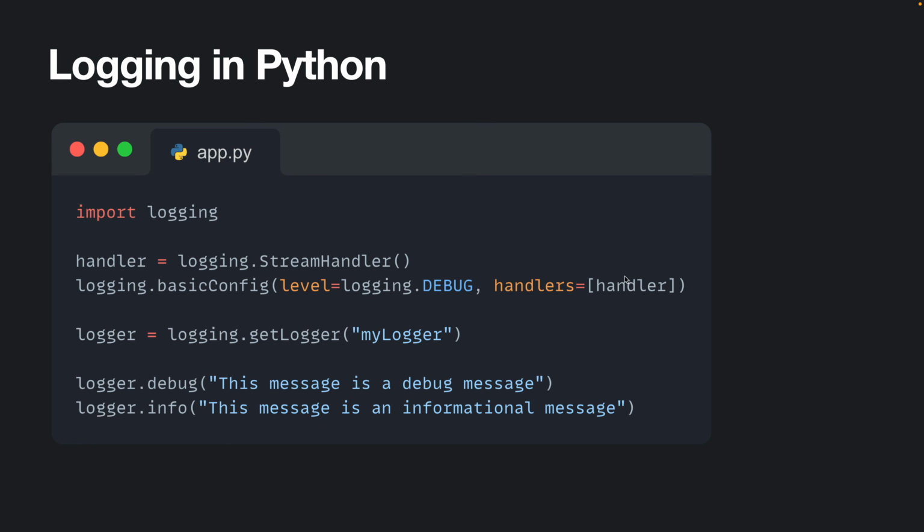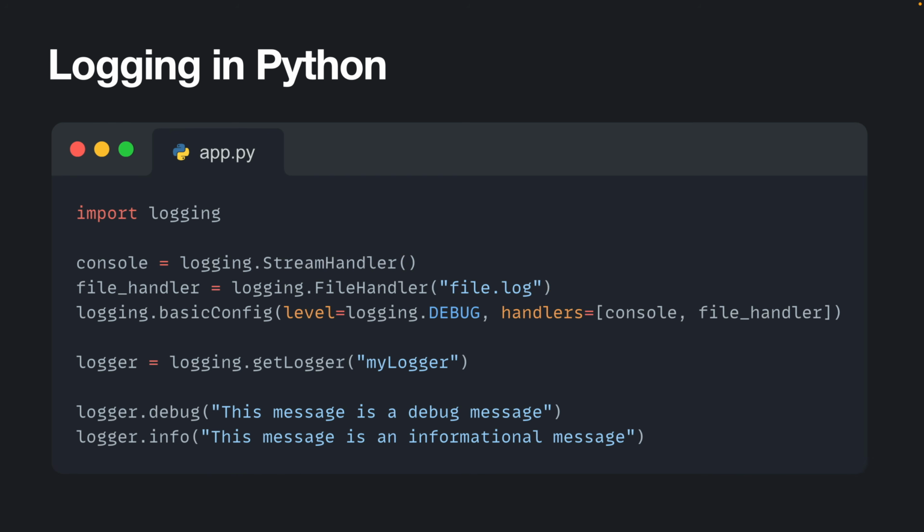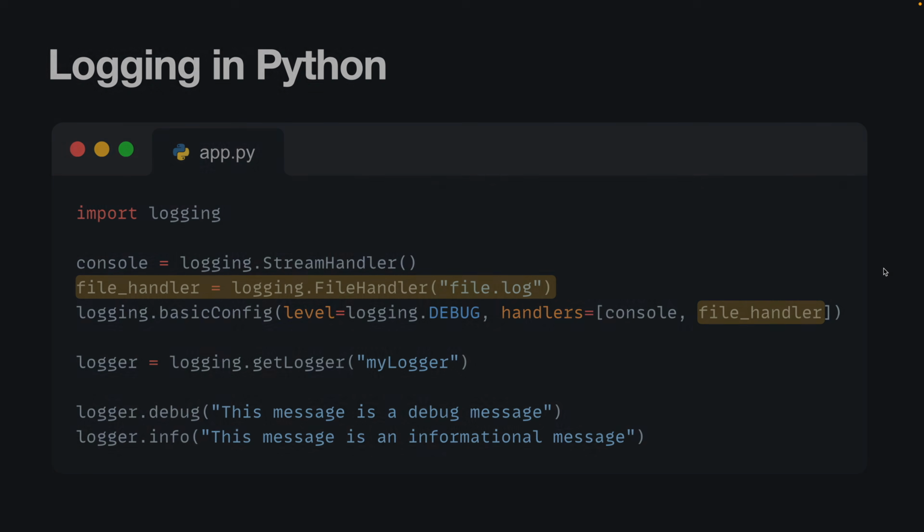This is what you can do if you wanted to define multiple handlers. So again, define your handler and then pass it as a keyword argument. If you wanted to define two handlers, for example, you can do it like this. You can add another handler in here. In this case, it's logging.FileHandler, which defines a file to which logs will be printed. And then you can just add it to your handlers list. And now, whenever you log these messages, they would go to the console and to a file called file.log.